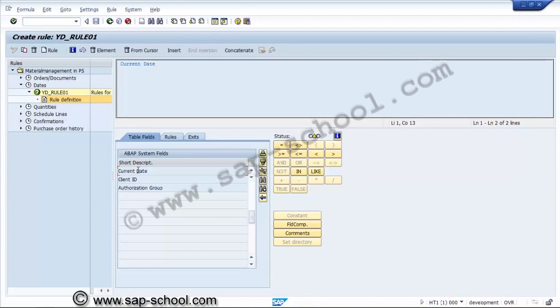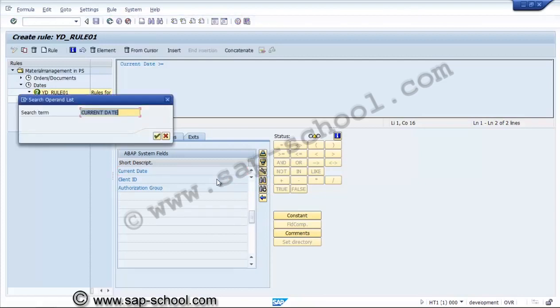Now this current date should not be greater than or equal to the requirement date. We can say again, we'll search for requirement date.